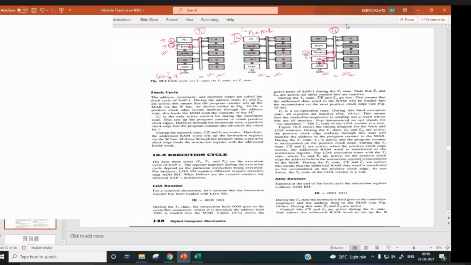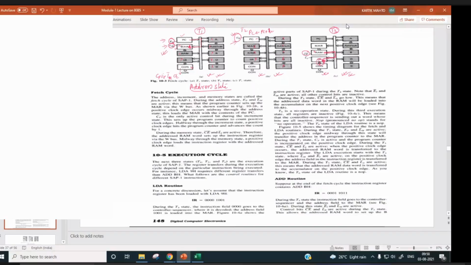So first state is what? T1, and it is called address state. Why address state? Because during T1, address of the instruction from program counter is outed and it is loaded to MAR or it is sent to the memory during T1.